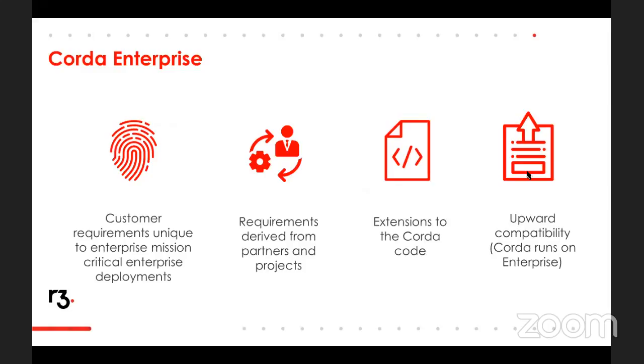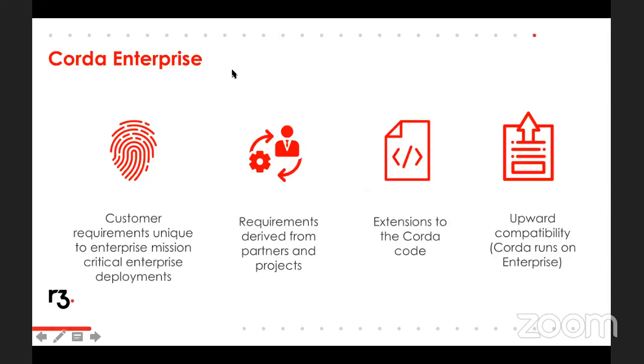And the way we're deriving these requirements is from this second box here, which is requirements derived from partners and projects. We're working with a very large number of end users and partners who are building on top of Corda, and that's how we're finding what they want. Examples would be not just integration with hardware security modules for key management, but very specific versions of specific vendors' products to be used in a specific way. Similarly, databases that are unheard of or not deployed in the open source world, but which are preeminent and adopted entirely in the corporate world. Doing the work necessary to integrate and support them is a key enterprise feature. So that's what we're doing.